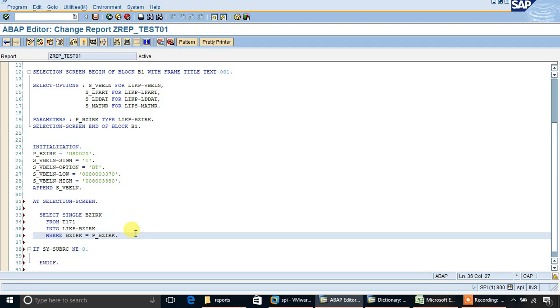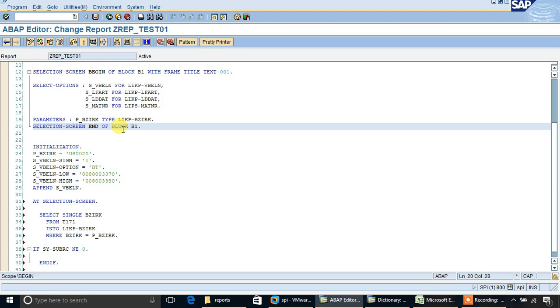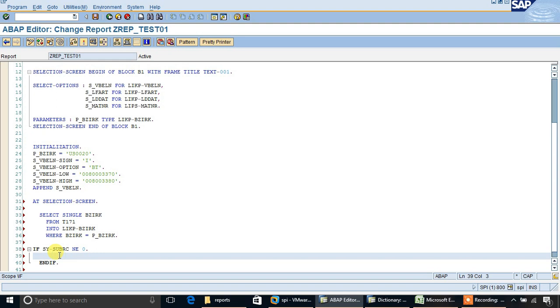Here, if this condition is not satisfied, means in our parameter we give another value which is not present in the T171 table, then message E001 of message class ZMSG, with no records found.